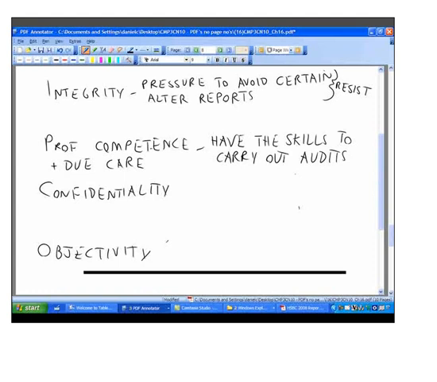What about confidentiality? Well, internal auditors, perhaps even more than most, have access to very, very sensitive information. So that information that's gathered clearly must be kept confidential and not be disclosed outside the organisation or indeed within the organisation. It wouldn't be appropriate for internal auditors to start gossiping about what they found out in a particular area of the business. Now, there may be an exception to this, which I'll just touch on, which is the case of